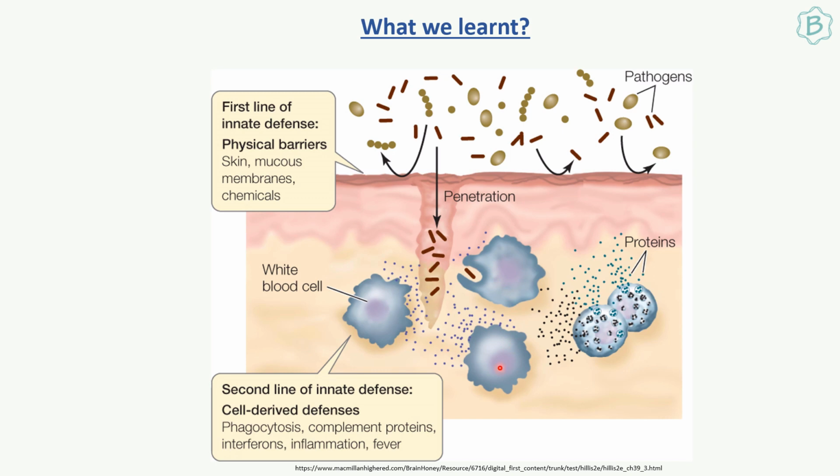So once this pathogen has reached the internal tissues, the second line of defense would come into action. So this would include your soluble effector proteins. Then there would be phagocytosis, which is a type of cellular barrier, and then there are the PAMPs and the DAMPs, which are released by the cells. So this would lead to many different types of downstream activities such as inflammation, production of interferons, then recruitment of many different immune cells, and this is done in order to finally neutralize or clear the infection from your body.